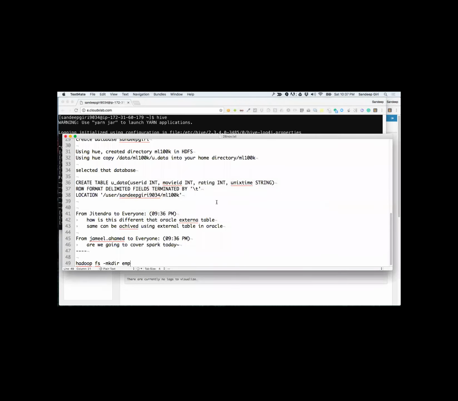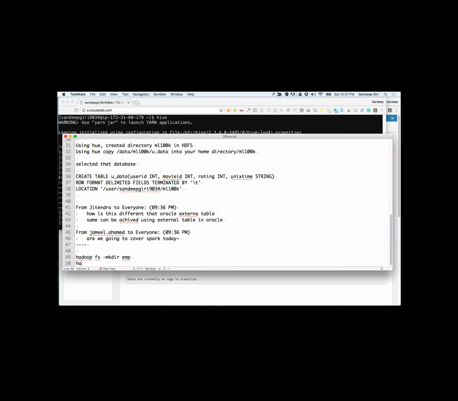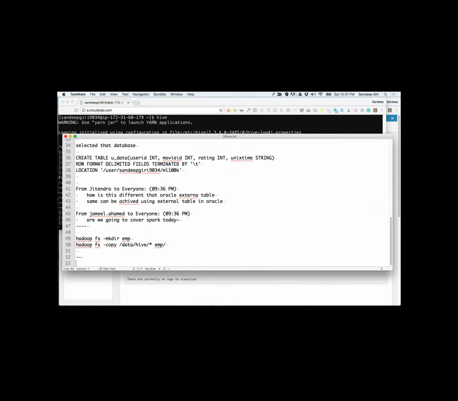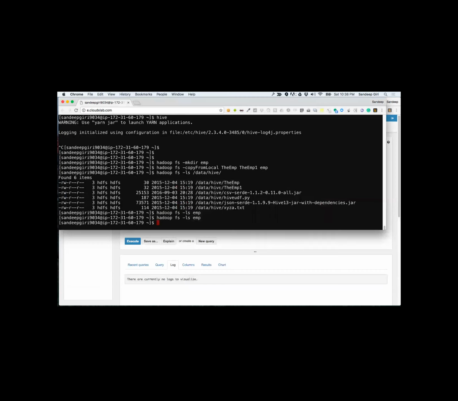Okay, so here are the steps. Those who want to experiment, they can experiment with me. This is on console. And this is on Hive. All right, never mind.